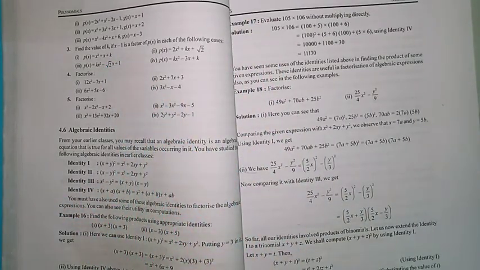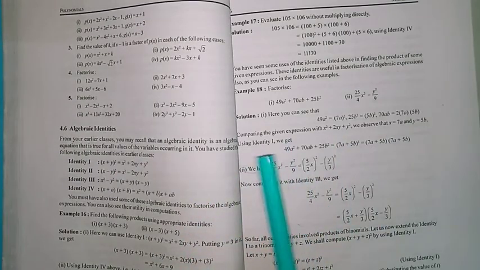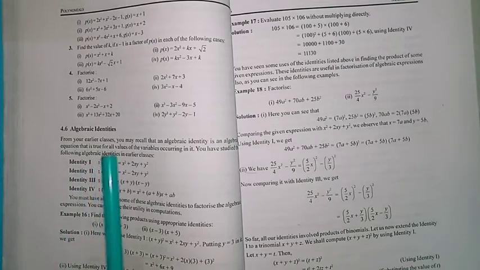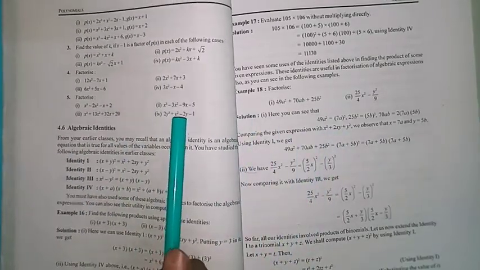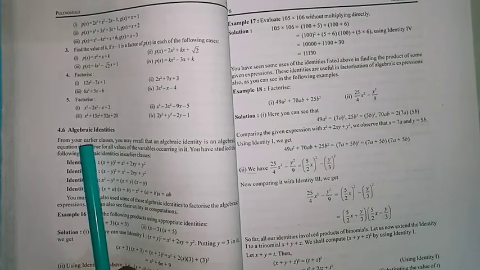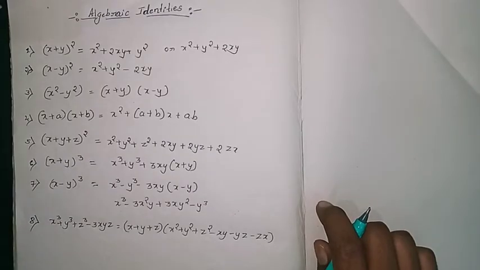First we will write all those formulas, then we will move towards the exercise. There we will study how to remember and how to apply the algebraic identities formulas. So just write the heading as algebraic identities, the continued part of this one. After factorize terms, exercise 4.4, just write the heading as algebraic identities. So there, write down some of the formulas.